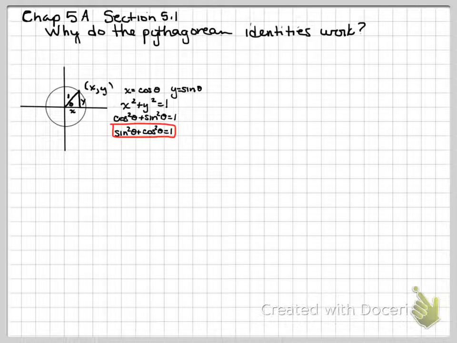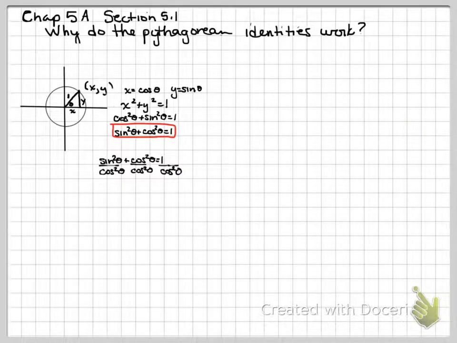And so I'm going to go over here and I'm going to write it down again. Okay. And what I'm going to do is I'm going to just do a little bit of division. So first thing I want to do is I'm going to divide both sides of my equation by cosine squared theta. Okay, so if I do that to both sides and then simplify,